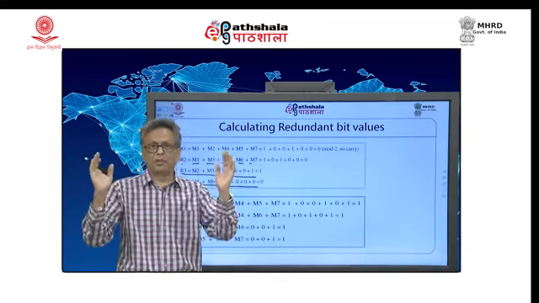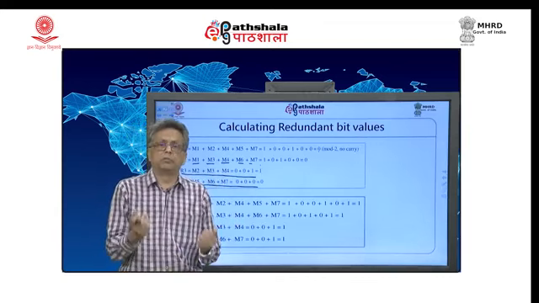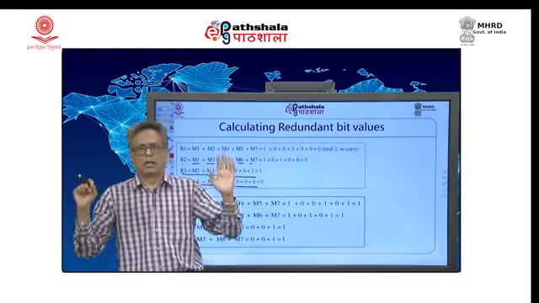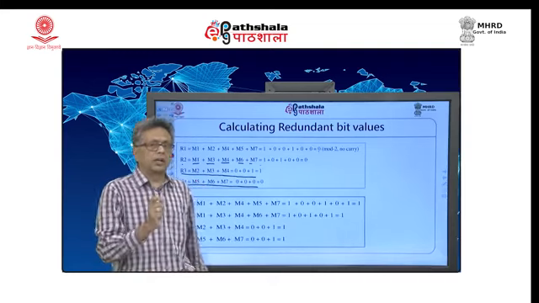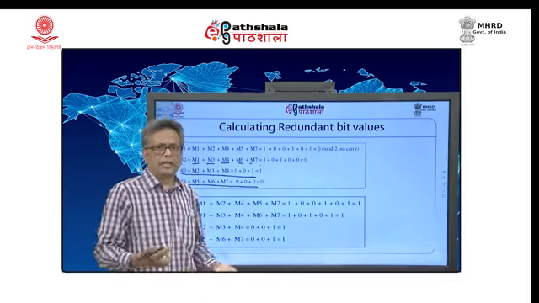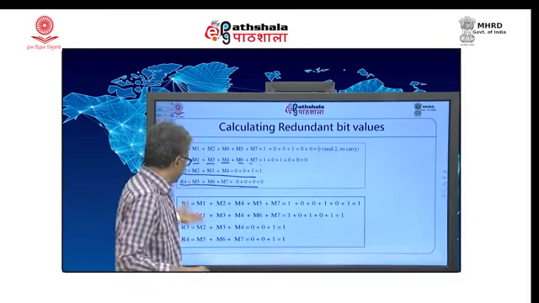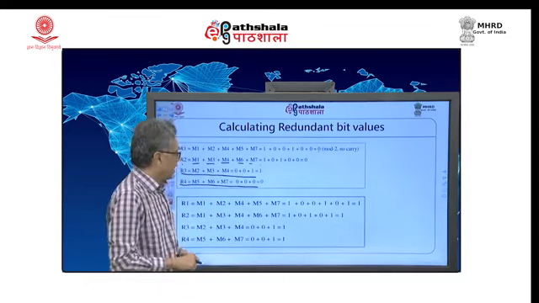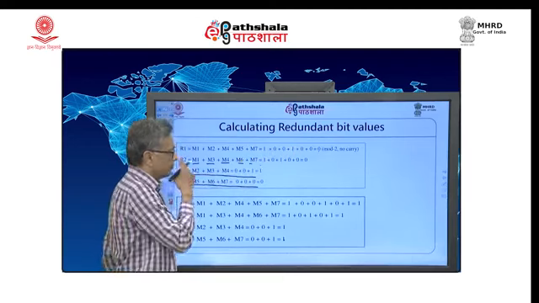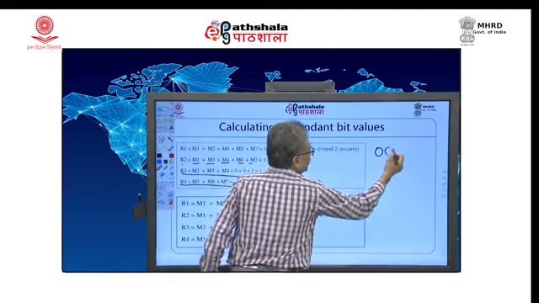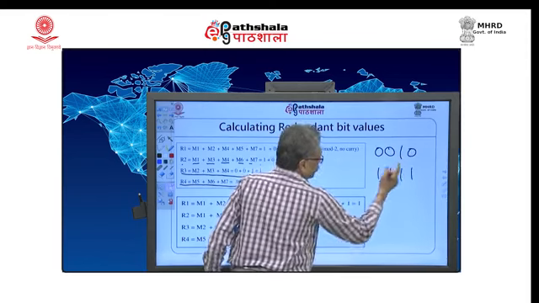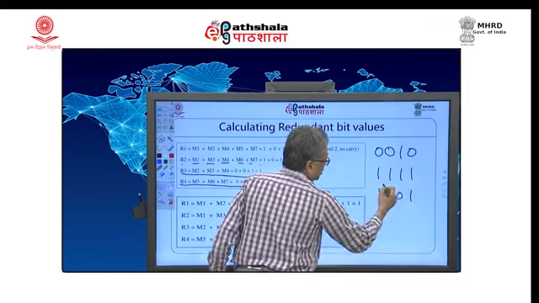I have now 11 bit value which I am sending across, the receiver receives it. If all R1, R2, R3, R4 matches, nothing better, the data is intact. What if there is a single bit error? For example, here is a case, I am recalculating R1, R2, R3, R4 and I am getting them different than what I am receiving. I get 1 0 1 1 which actually is 0 0 1 0. Okay. So, actual value is 0 0 1 0 and what I get is 1 1 1 1. So, what is wrong? 1 1 0 1. Now, this is the difference.